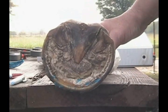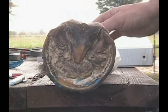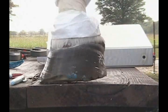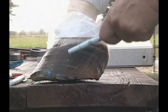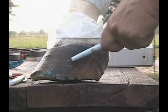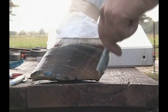And if you want to go and search out on YouTube and watch some different people do trimming from the top, you're going to see them just butcher the top of this hoof wall. Now, I never ever rasp the top of this wall. I might take off some toe with the big teeth of the rasp, you know, like that. But